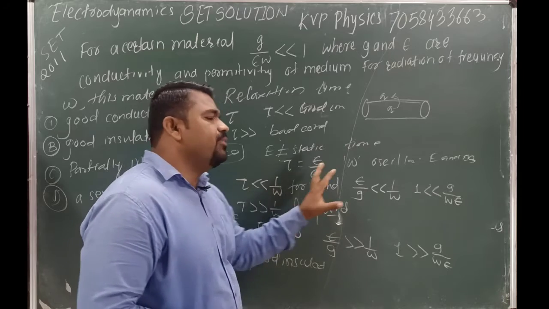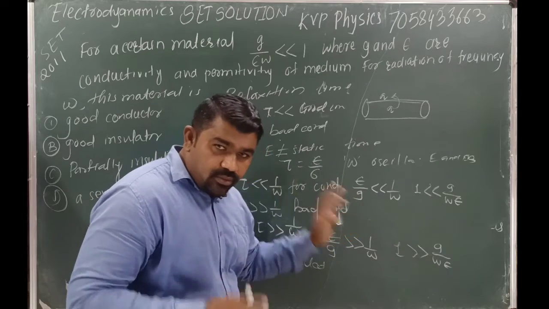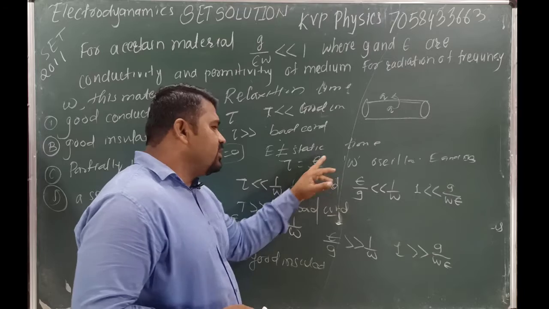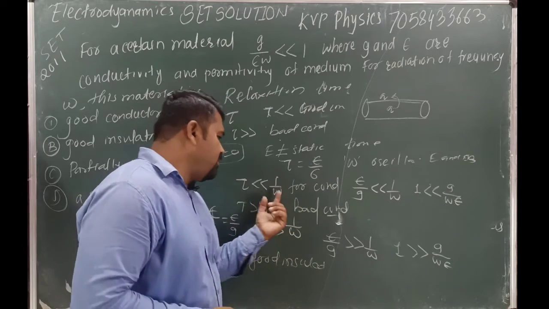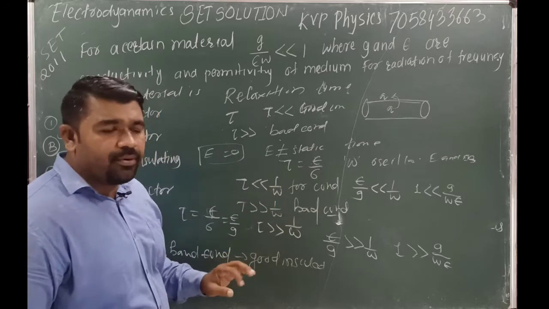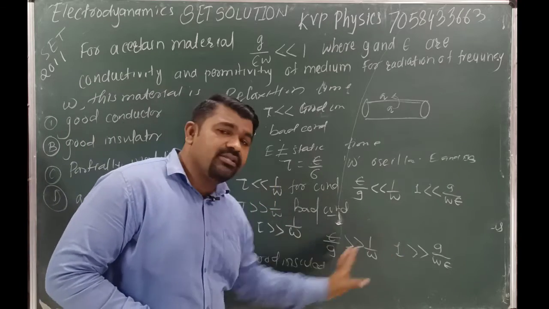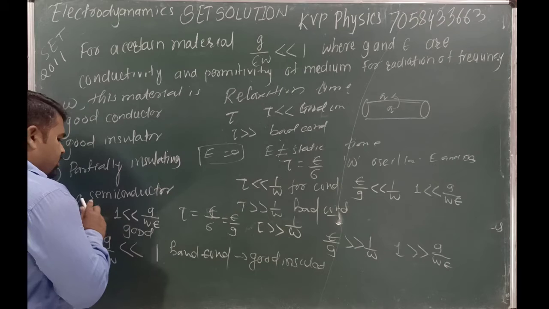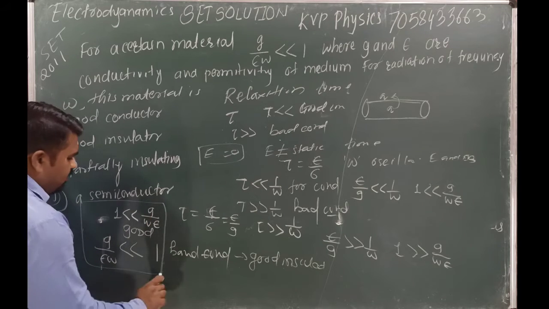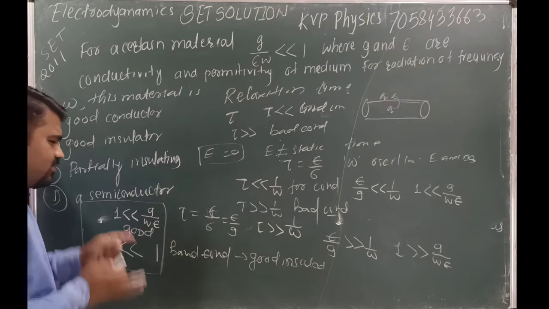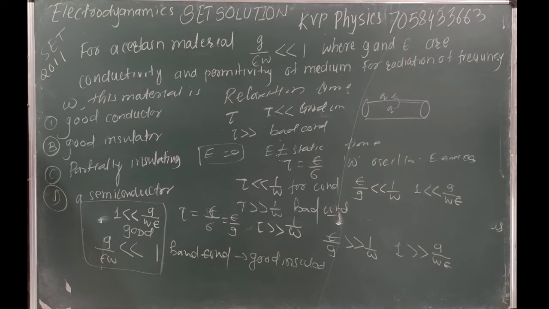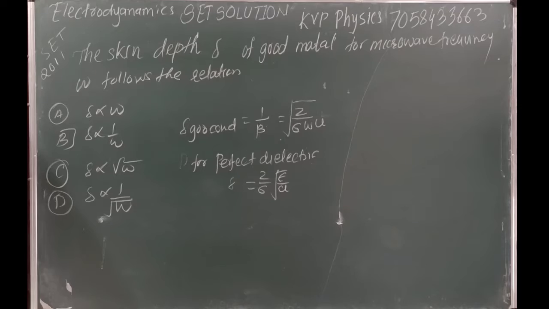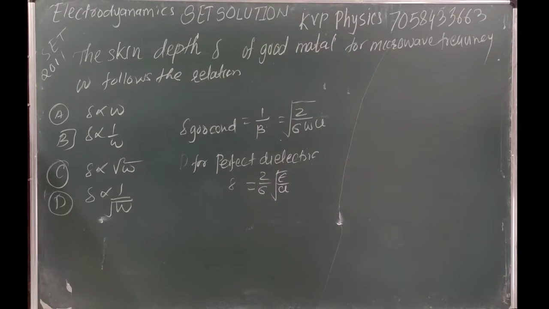This is not related to good conductor or bad conductor, not related only to sigma and epsilon. This is related with the frequency also. And what is the relation between them? Tau is very less than 1 upon ω. And we can arrange this, we're getting these two conditions. Always memorize these two conditions. So many exams ask this condition. What is a good conductor? What is the condition? What is a bad conductor? Applying these two conditions.